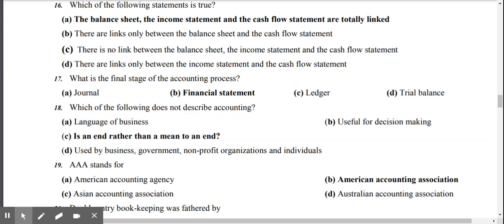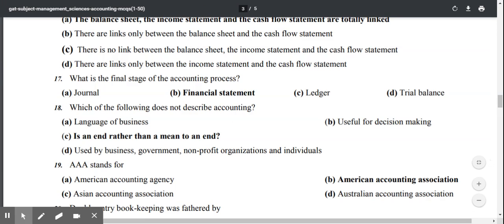The other things are relevant to accounting: yes, it's a language of business, it's useful for decision making, it is used by the business. They all are correct, but option